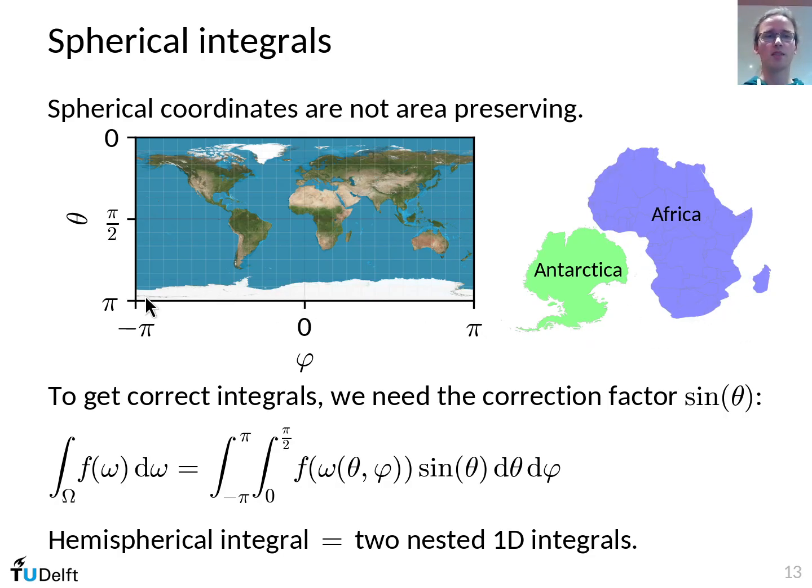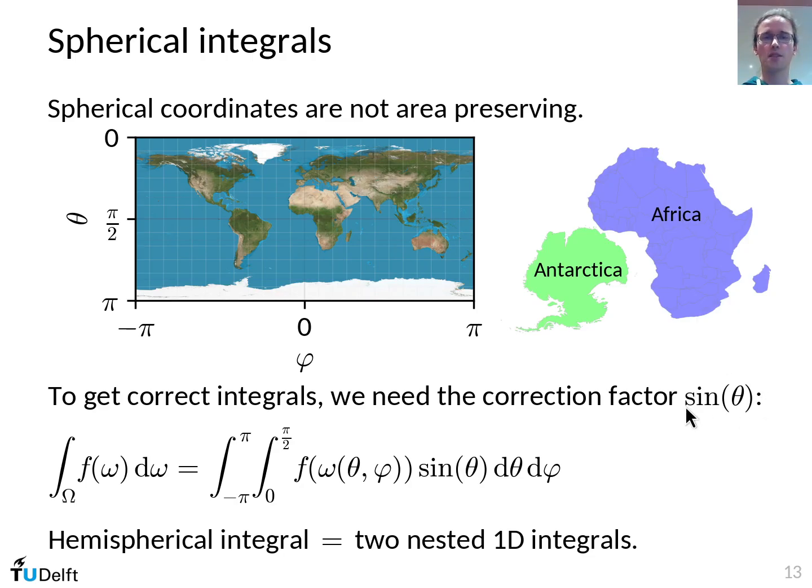So what happens here is that the South Pole is stretched out by this parametrization into one long line. It should just be a single point, but it gets stretched out, so this is infinitely stretched and thus much bigger than it should be. And points close to the South Pole similarly get expanded. So these areas look larger than they really are. And when we want to compute integrals, we have to compensate for that. And I won't derive this here, but the correct way to do it is to use a correction factor of